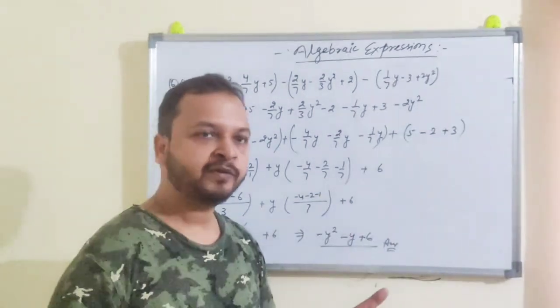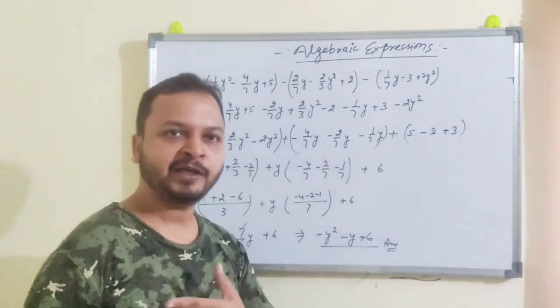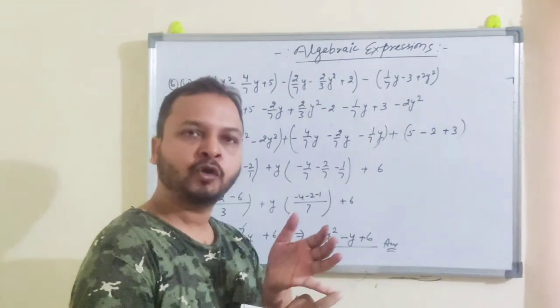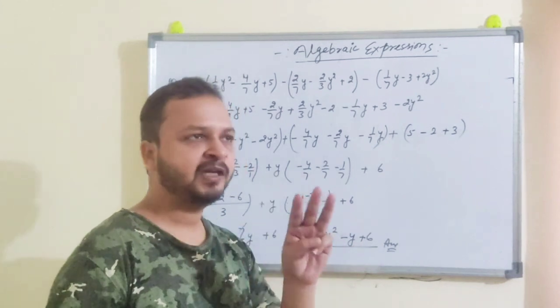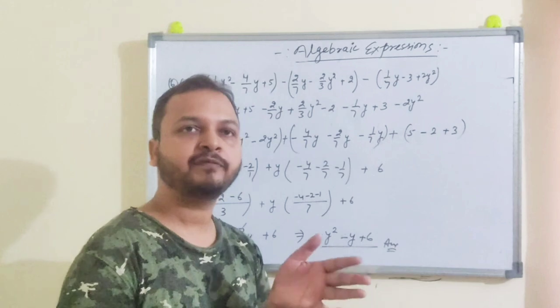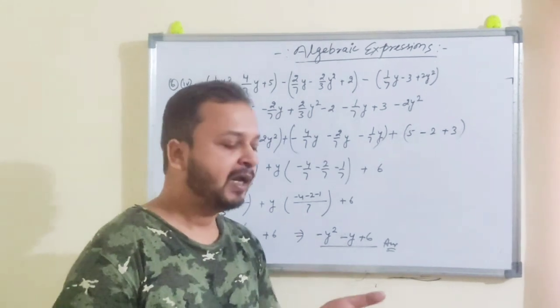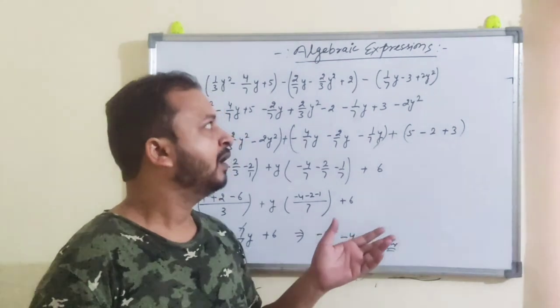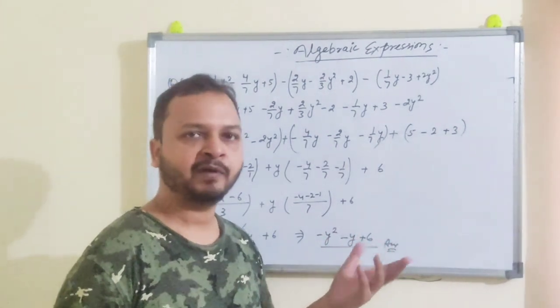In the next video we are going to talk about multiplication, and basically we are going to take multiplication of monomials. Actually there are three parts: multiplication of monomial with monomial, then multiplication of monomial with binomial, and then multiplication of binomial with binomial. So we'll try to take them one by one, right?